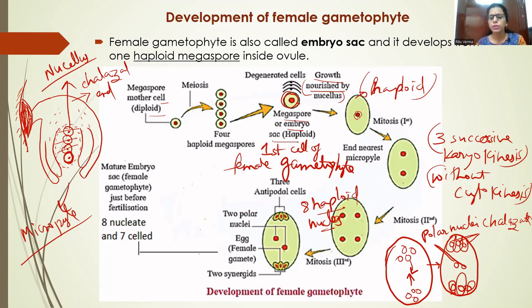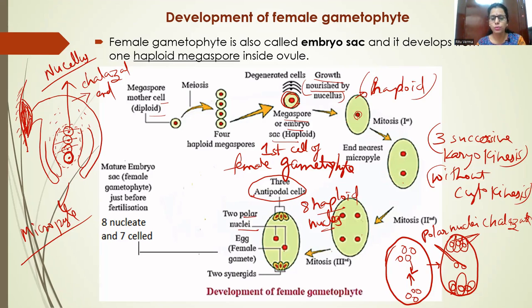The 3 similar cells present towards the chalazal end are known as antipodal cells. You can look here in this diagram. The nuclei present in the center of the cell are known as polar nuclei, and the 3 cells present at the micropyle end